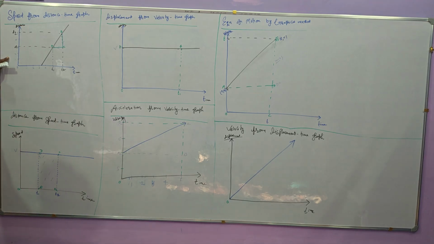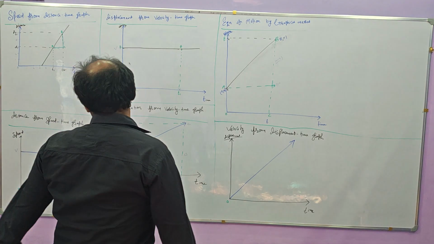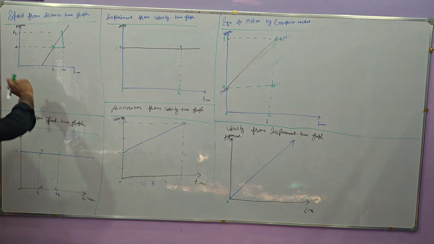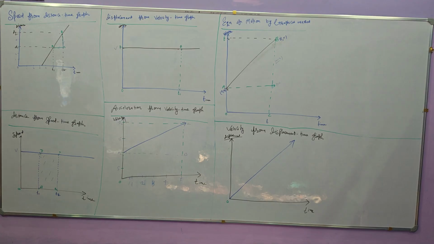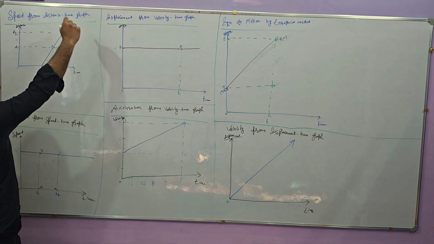We have distance on the y-axis and time on the x-axis, because time is an independent quantity and distance is a dependent quantity. Distance depends on time, but time doesn't depend on distance. So we have a slope AB